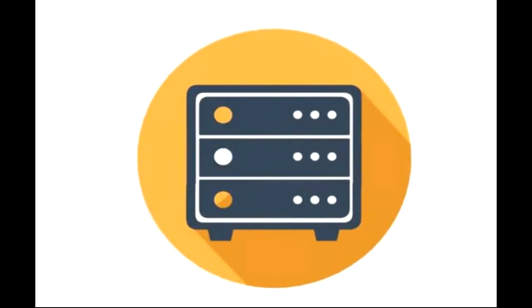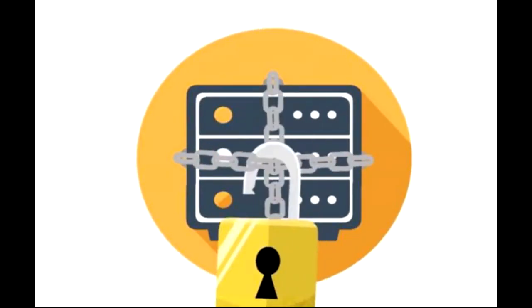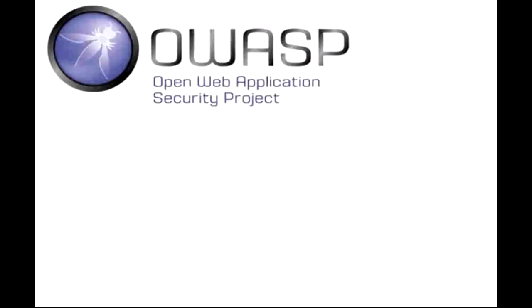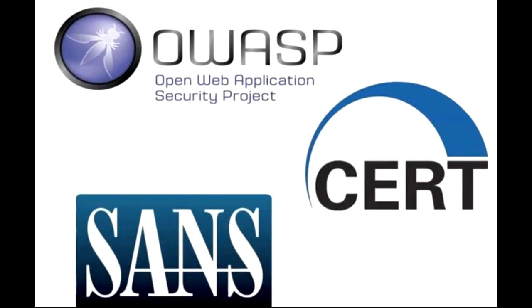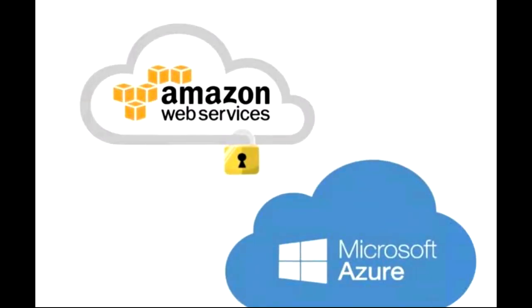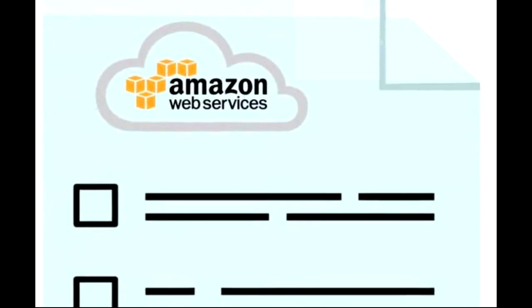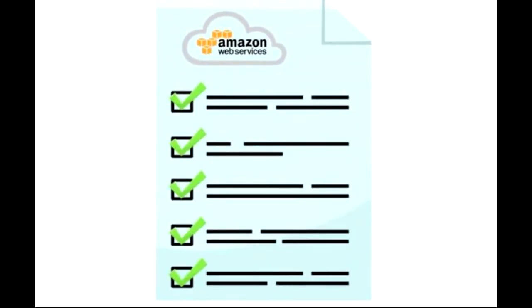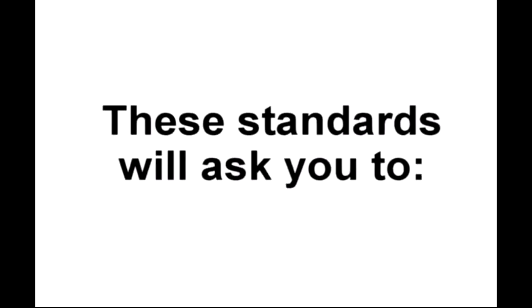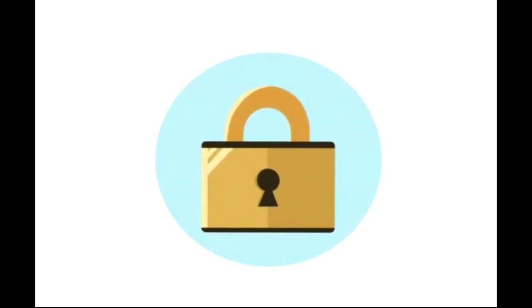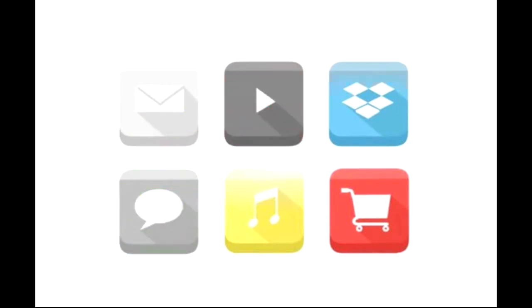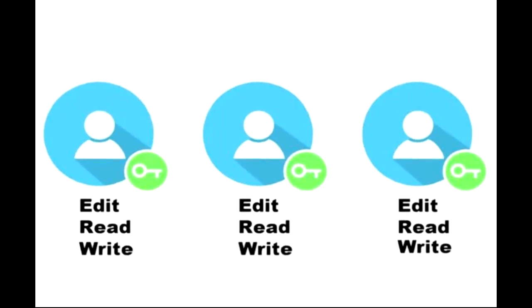Follow or create a server hardening standard and lock your server down. You can find these documents from organizations such as OWASP, CERT and SANS. Just tailor them for your particular needs. Should you host with any of the major cloud providers, follow their security checklists and hardening guides. These standards will typically ask you to configure all security mechanisms, turn off any unused services, set up and protect accounts, roles and permissions,